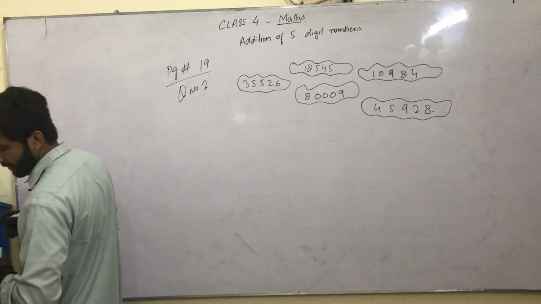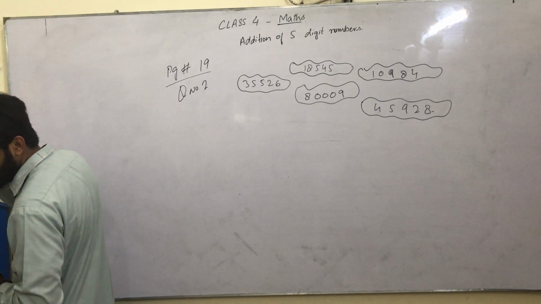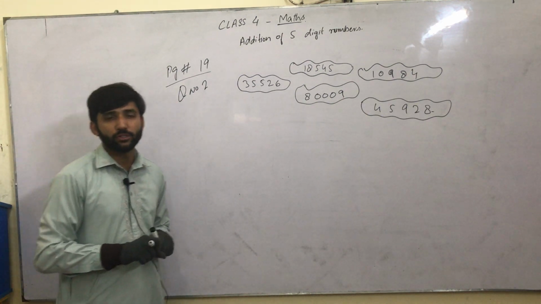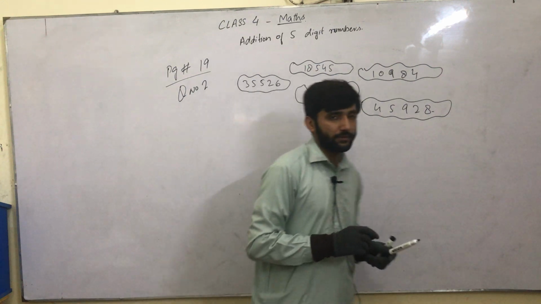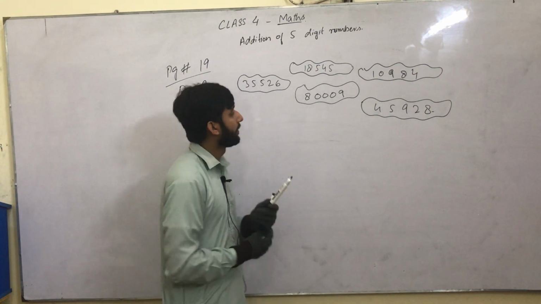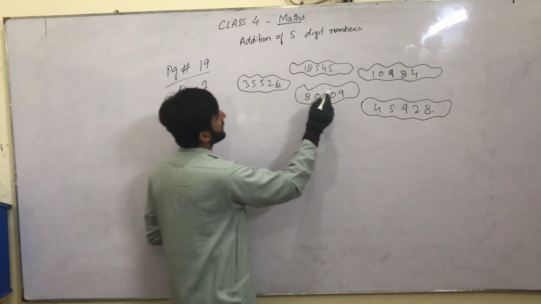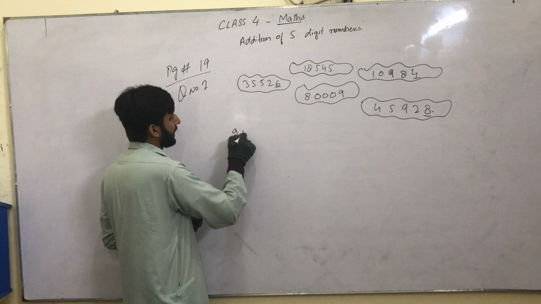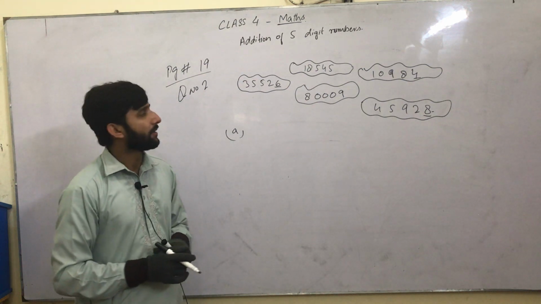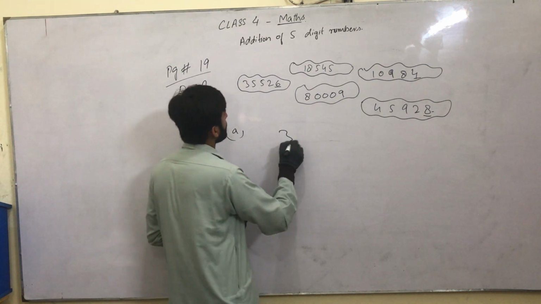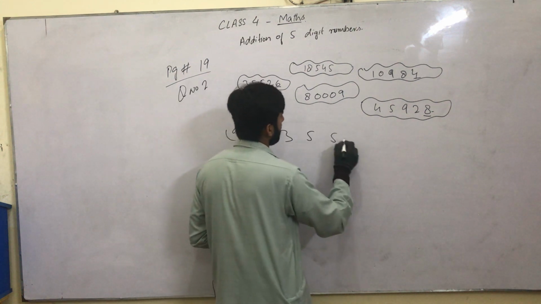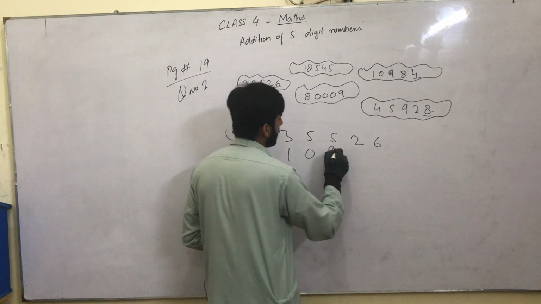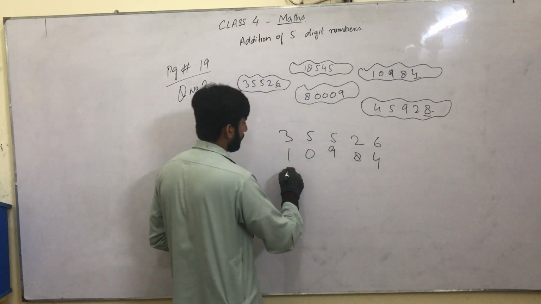Statement A is, what is the total of all even numbers? As you know, even numbers are those which have a value or table of 2 at their end, or multiples of 2, like 6, 4, and 8. So the A part is we have to find the sum of all even numbers. So 35526, then 10984 and then